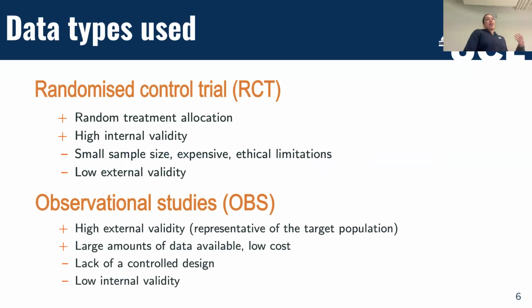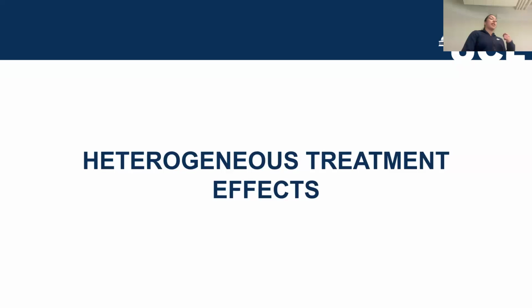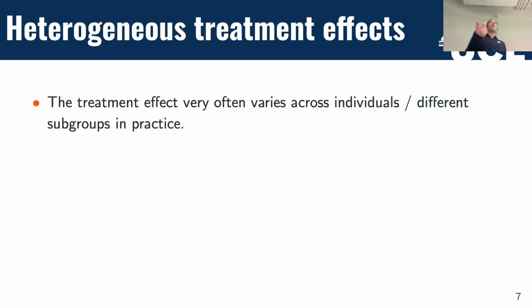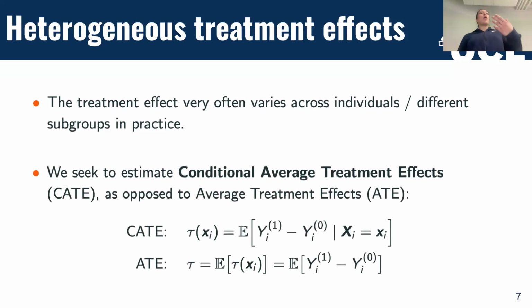So, like Anna, as we said at the beginning, we're interested in heterogeneous treatment effects. So what is that? It is essentially the treatment effect that, in general, varies across individuals, or it might just be different in subgroups in practice. For example, it might be different for age under 50 and age greater than 50. That's why we seek to estimate the conditional average treatment effect, known as CATE, as opposed to the average